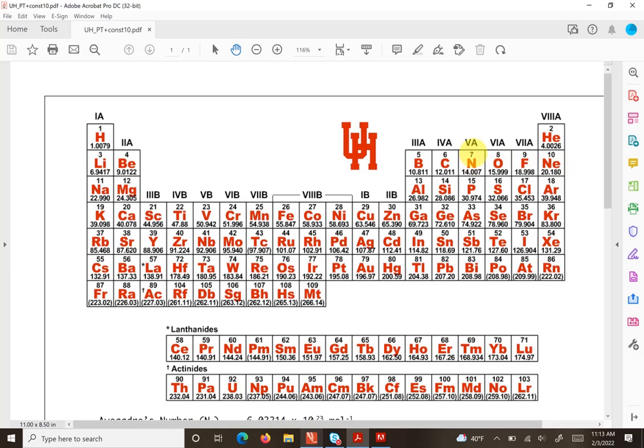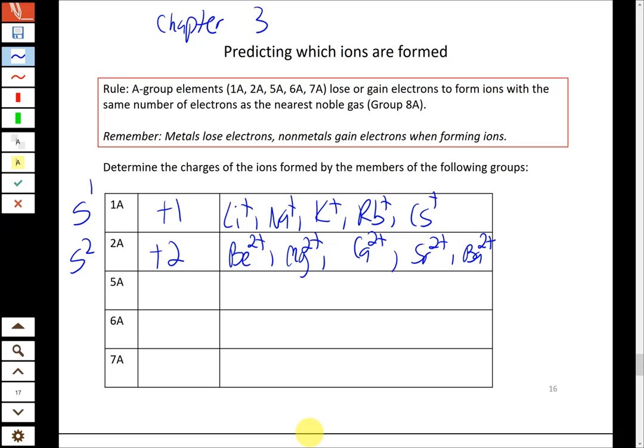So in the fifth column here, group 5, if you gain 3 electrons, 1, 2, 3, that takes you to the noble gas configuration. In the sixth column that starts with oxygen, you can gain 2 electrons and get to the noble gas, and then for fluorine it just needs 1 electron to get to the noble gas configuration. So for the nonmetals on the right side of the periodic table, they will gain electrons